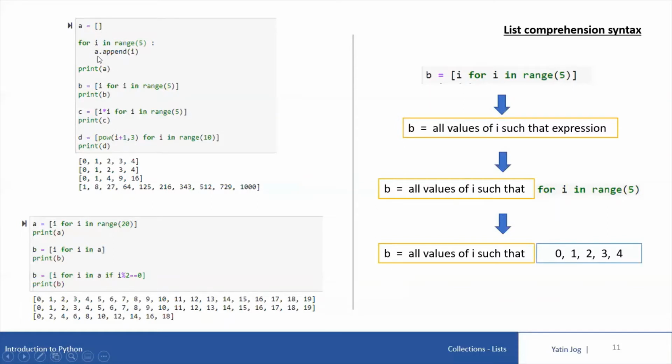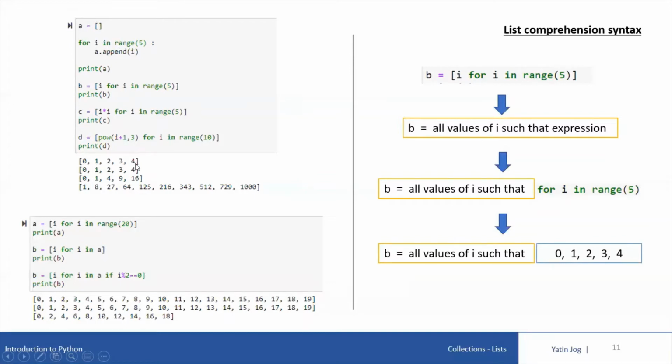So right now my list variable A is null, empty. It has nothing. So when I say A dot append of I, that means the initial value of I is 0. Append 0, so 0 will be added to A. Then it will go to the second iteration. It will append 1, then it will append 2, 3, 4, and that will come out of the for loop. So when I say print A, you can look at the output. It is printing 0, 1, 2, 3, 4. Initially the list was null, but now after execution of this for loop, my list content is 0, 1, 2, 3, and 4.